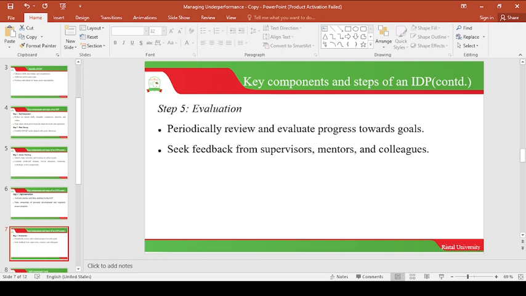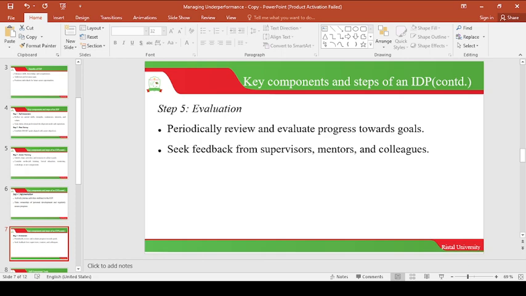That's in the context of the university. But in the context of work, of course, you people are working, you have the supervisors or the managers. Okay, you can seek feedback from them concerning your performance. You can ask your boss, how have I been performing? He can tell you how you've been performing, whether your performance is good or it is below the standard. And if it is below the standard, it means you have to double your effort to make sure that you improve on your performance. And also, if your performance is good, it means you have to maintain it.